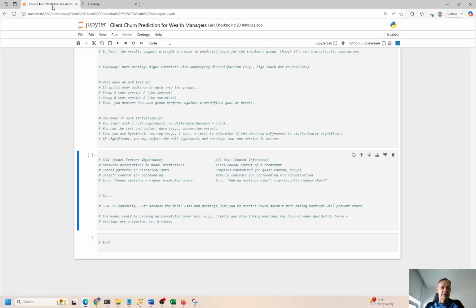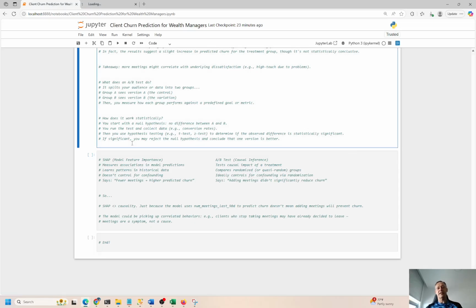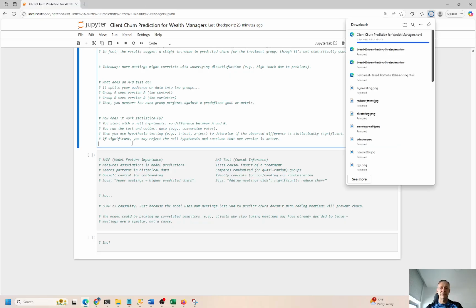I'm going to save a copy of this code so you can take it and run it in your own environment. Again, substitute my data frame for your data frame. All you have to do is plug in your data frame. You can do the same analysis, make a couple of little tweaks here and there, and you're going to be able to answer these questions about A/B testing, about SHAP analysis, about XGBoost classifiers, and all these types of analysis that we can do.